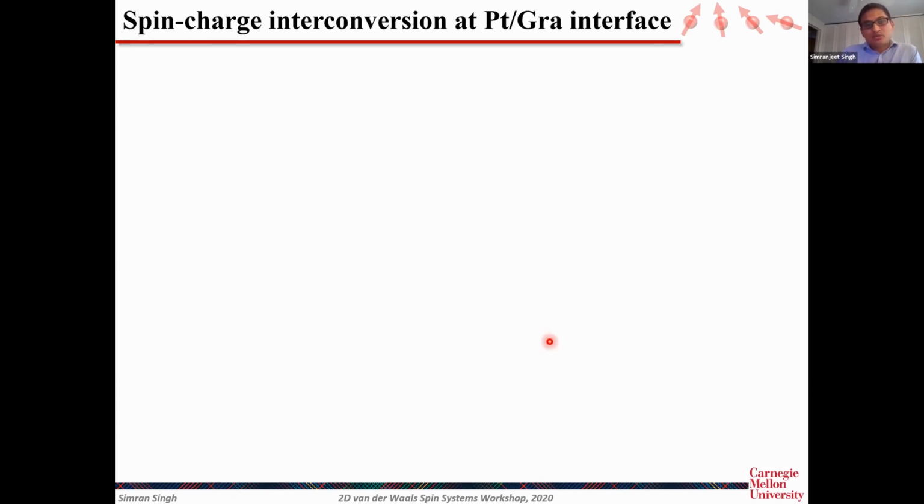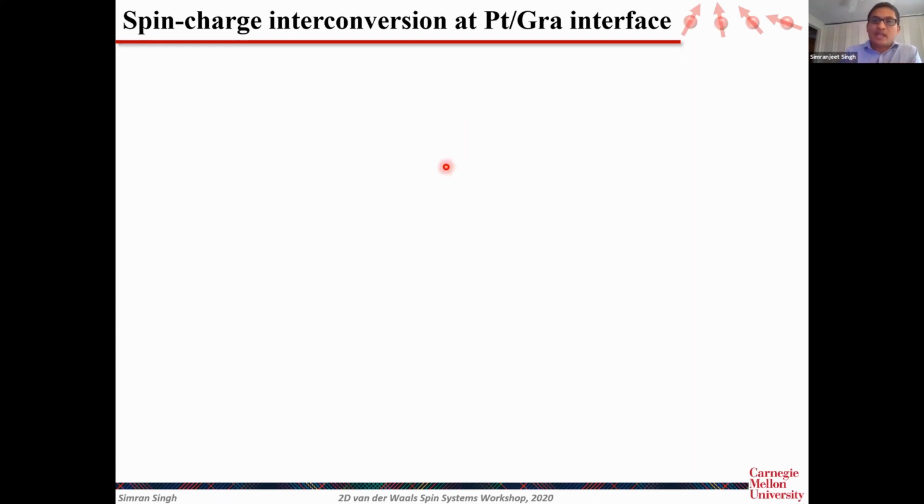Now, coming back to the topic of this talk, which is about spin charge interconversion in van der Waals systems. I'm going to talk about a system of a conventional heavy metal and a 2D material, which is graphene, and we make this interface using a van der Waals